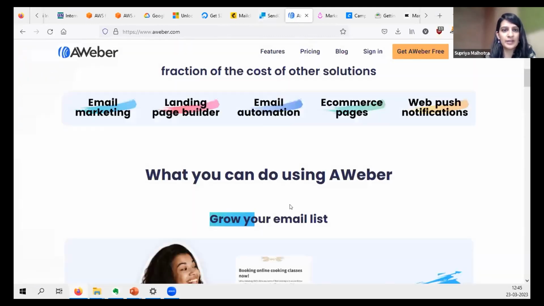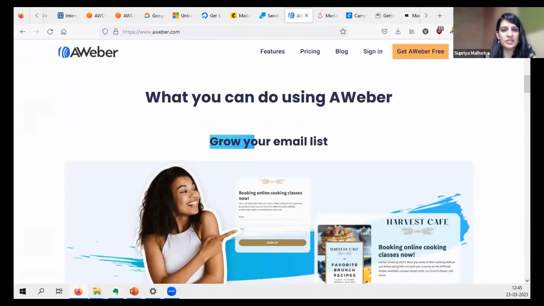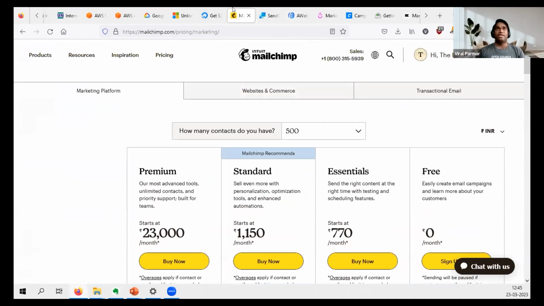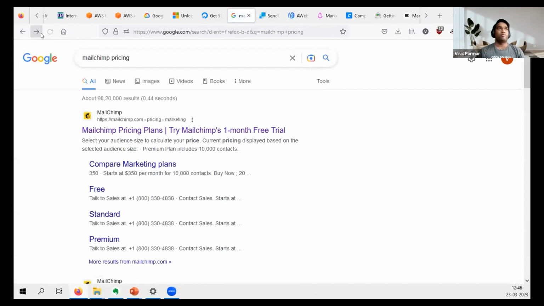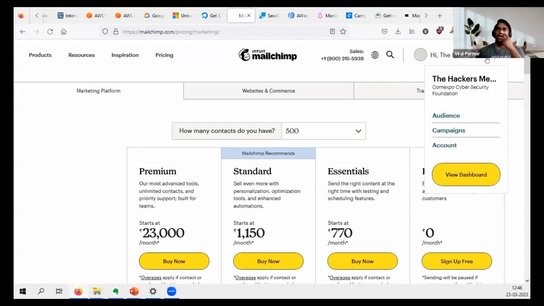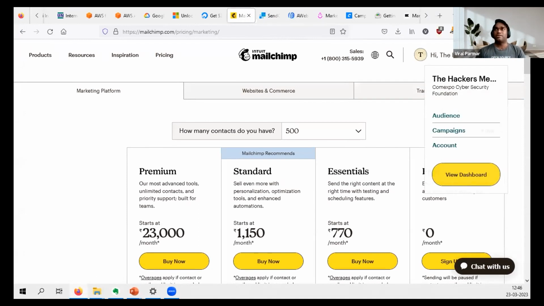Before we go on to the next topic, Viral, if you could answer: how can we connect G Suite, if there is any possibility of connecting G Suite with Mailchimp? So yes, as I was showing the integration section in my account, in the integration section you can go there and integrate your account by logging in with your Gmail account with Mailchimp and then integrate the settings. It can be done.